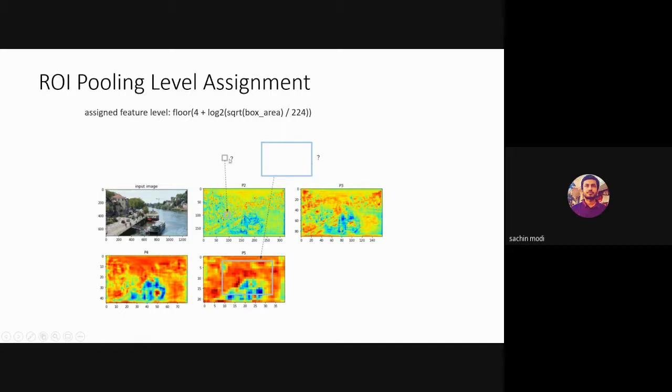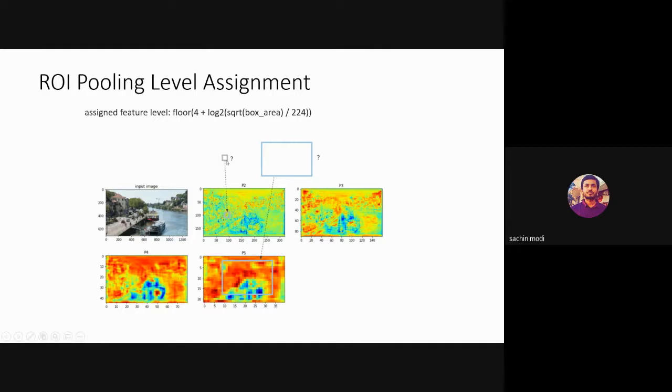So what happens is these proposal boxes need to get mapped to feature maps. Which feature map should each proposal box get mapped to? This feature map detects smaller objects, and this one detects larger objects. So this is the formula which is used to match the proposal box to the feature map.